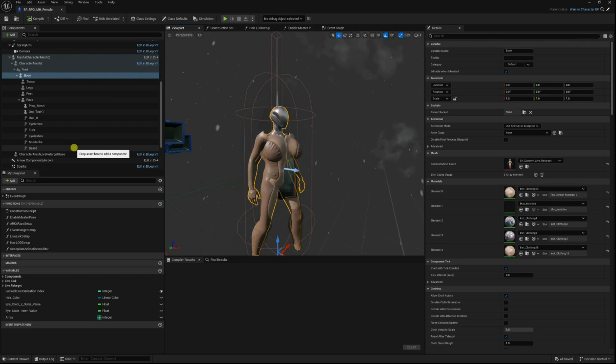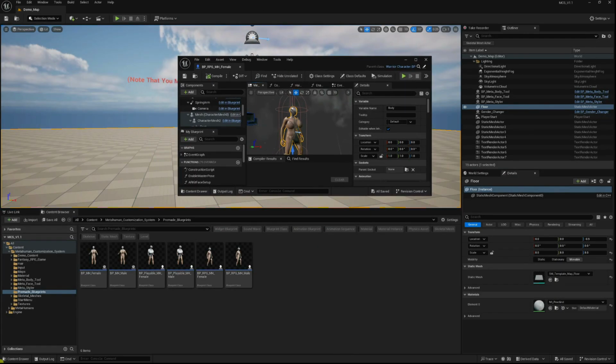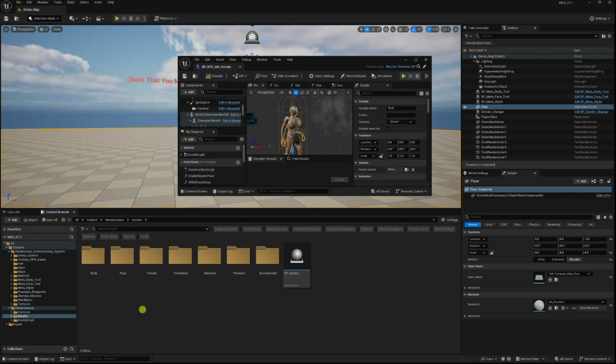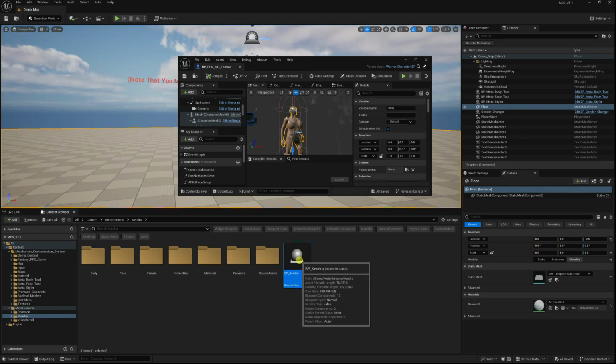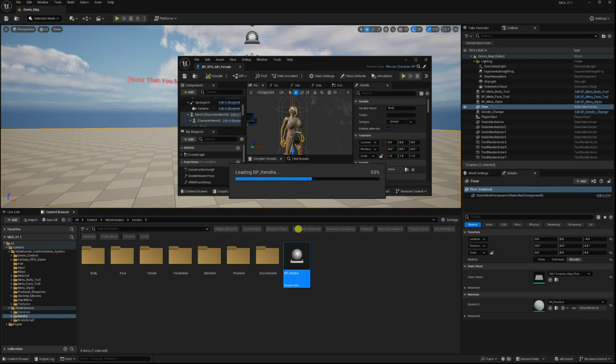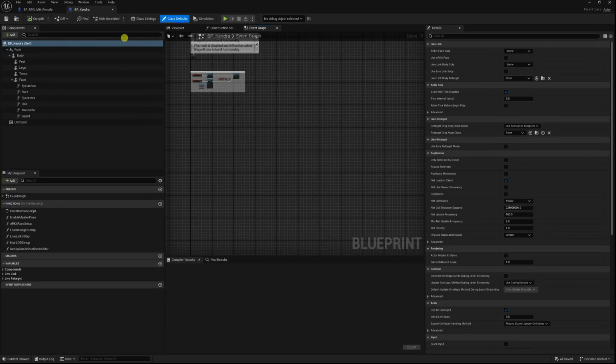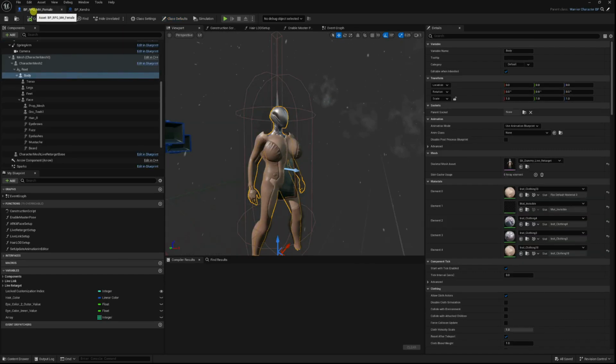Okay. So I'm going to open up my MetaHuman. I'll use Kendra, and I'll probably have to add maybe one or two more MetaHumans so that we can get the varied hairstyles and skin styles. So I'll double click on BP Kendra there to open her up. And once Kendra is open, the first thing that I am going to notice is there's a bit of a name difference. If I come to BP RPG MH female,